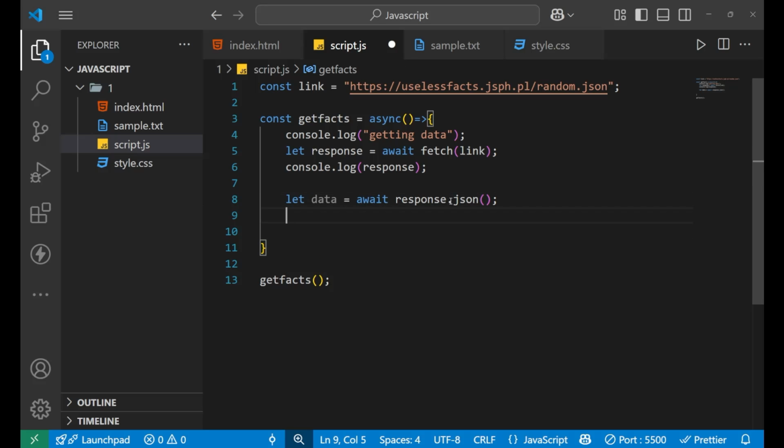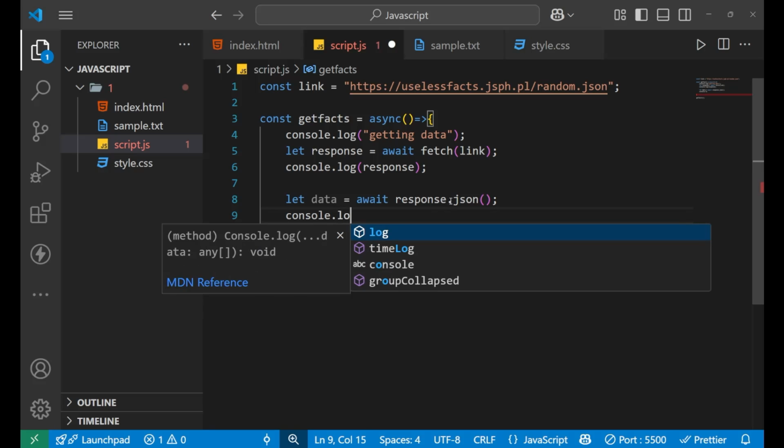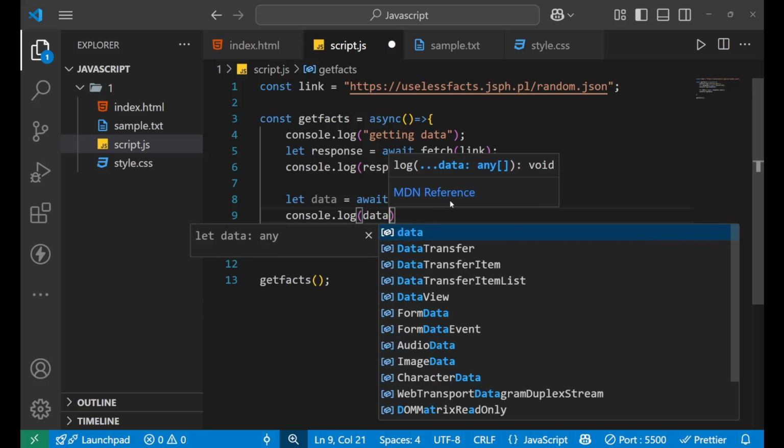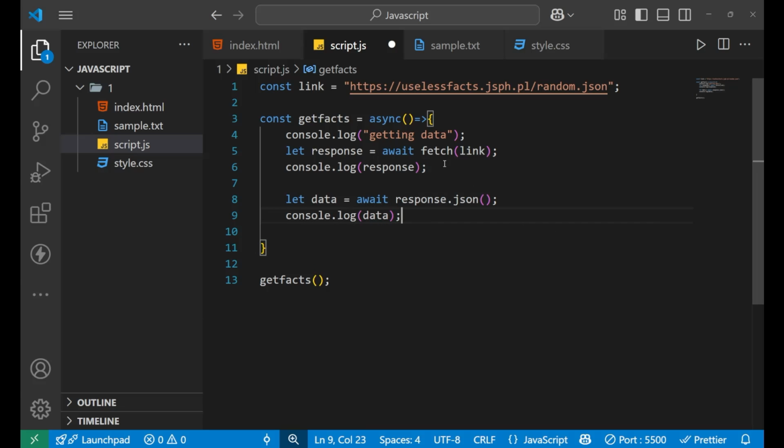Now if I try to print this data, then console.log and then data, right? And I will comment the previous one out. Now what is data doing? Data is actually converting all the messy information of this fetch link into useful content.